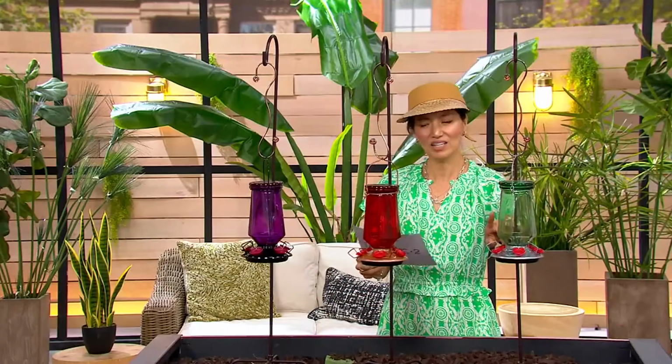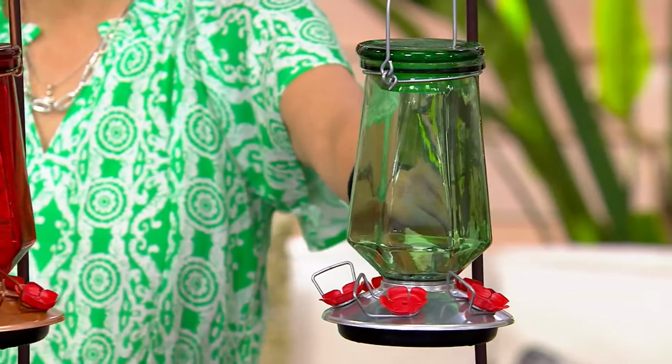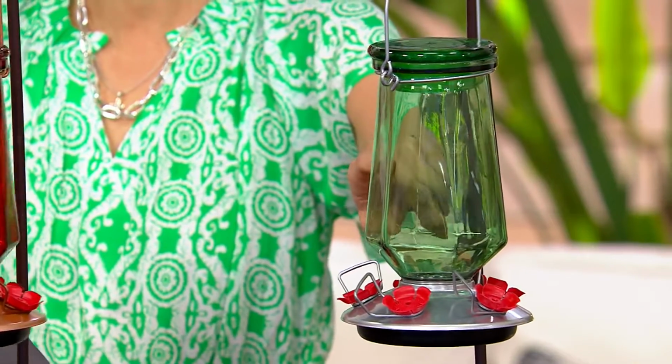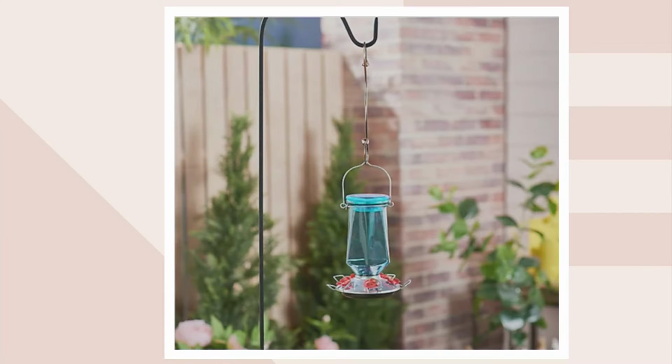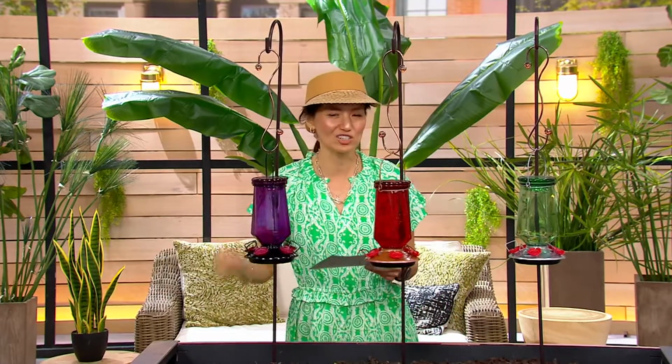Then we also have it in seafoam green. We only have 100 remaining in that seafoam green. And if you want the ocean blue, we only have 5 remaining in the ocean blue. All right, that will sell out. So it's about 5.5 by 5.5 by 11.5 inches. And that is actually quite a lot of that sweet nectar that Sean Pickford, our home solution expert, is going